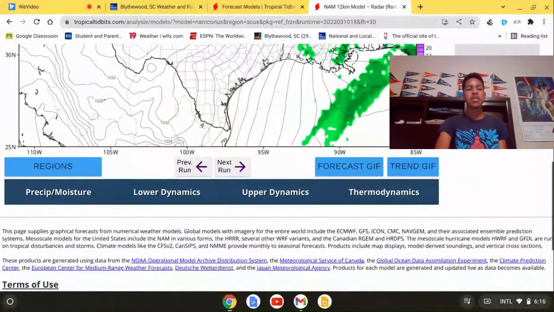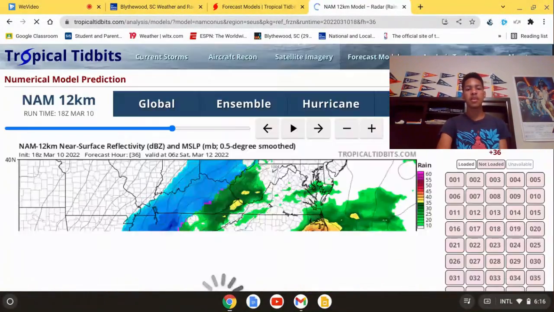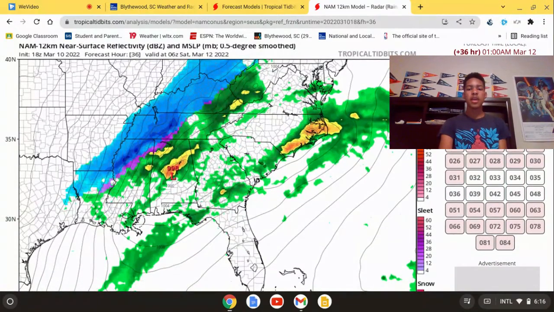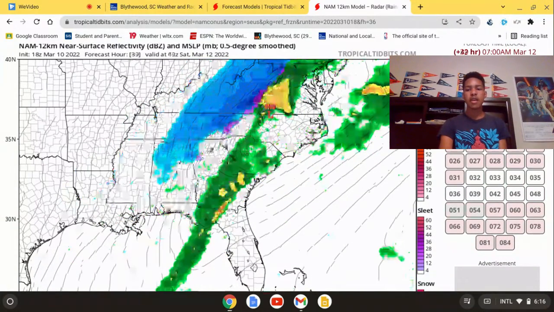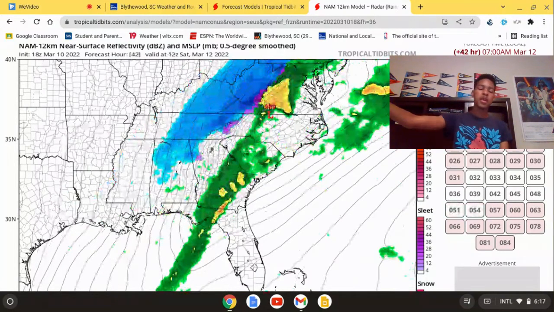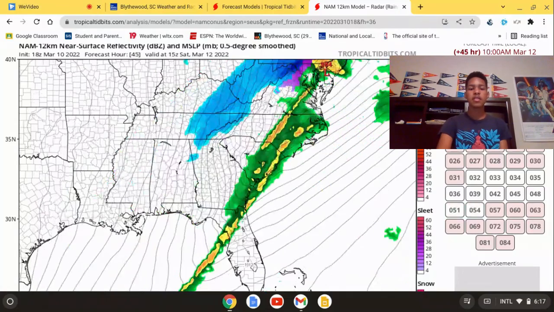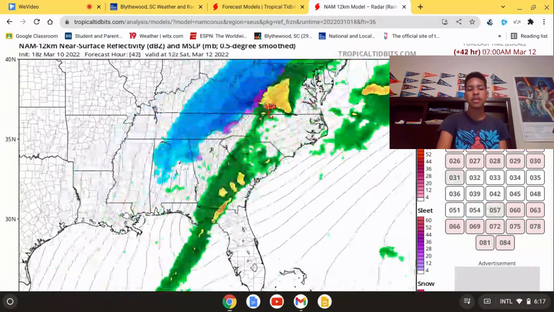So let's go to the southeast U.S. because we're changing region by region. As we get into Saturday morning, which is March the 12th, we'll start to see that snow moving into the Great Smoky Mountains. Places like Birmingham might get some snow, might start off as rain and then end as snow.